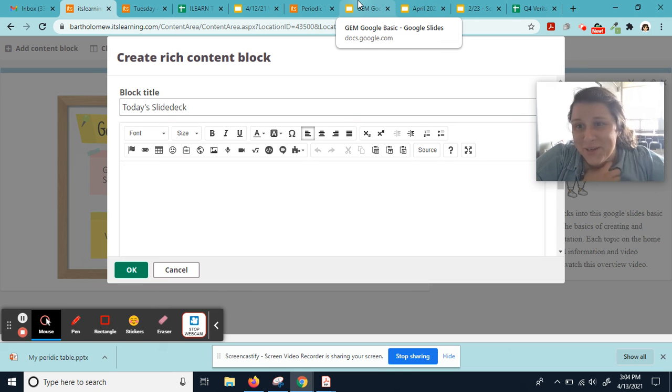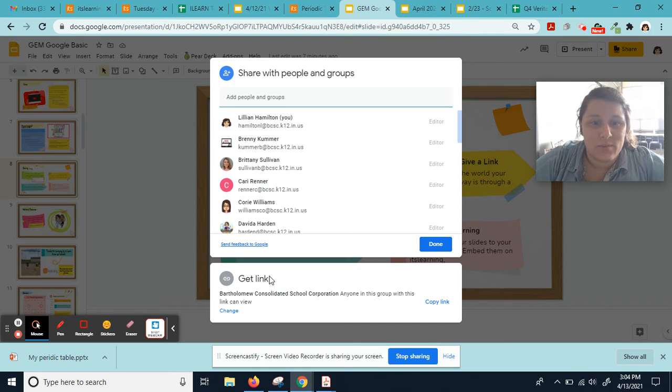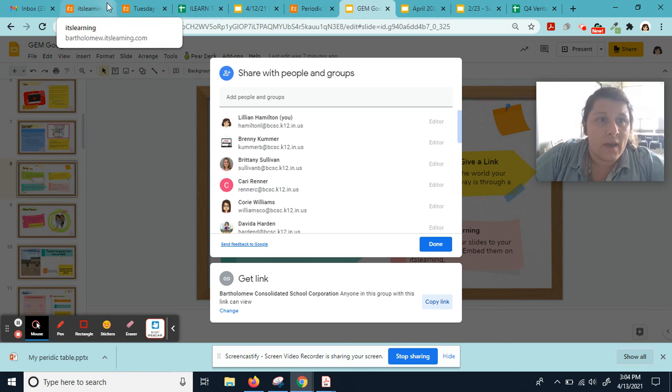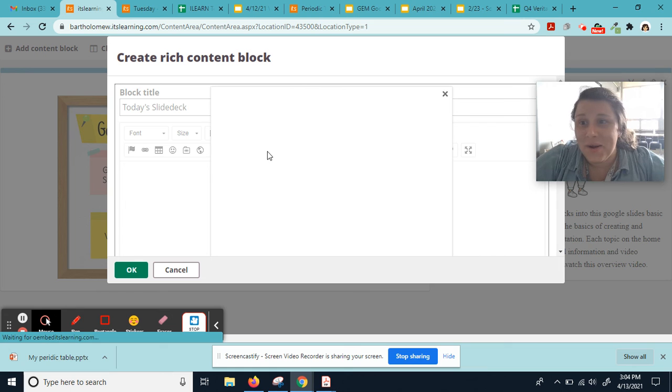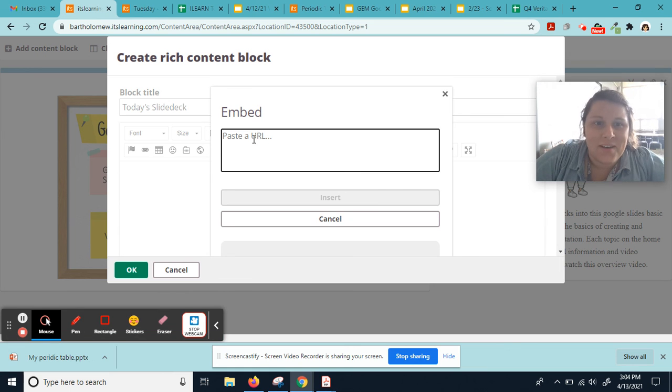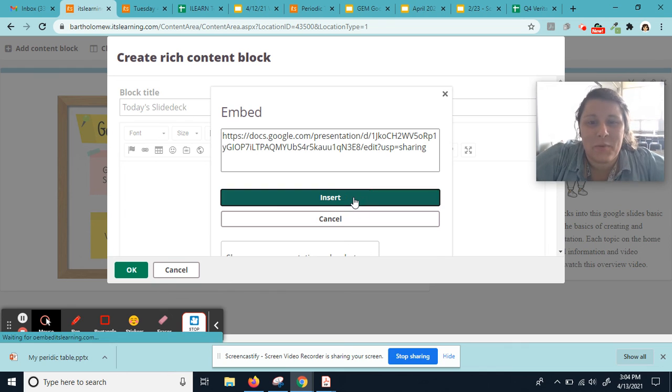And so since this is your guys' GEM course, I'm going to go up to my GEM account. My link is anyone at BCSC can view. I'm going to copy my link and go back to my It's Learning page and click this little circle with the two, sorry, my Apple Watch is going up, with the two circles in bed. I don't really know what to call that one. Two triangles. And I'm going to paste my code in. Then I'm going to insert